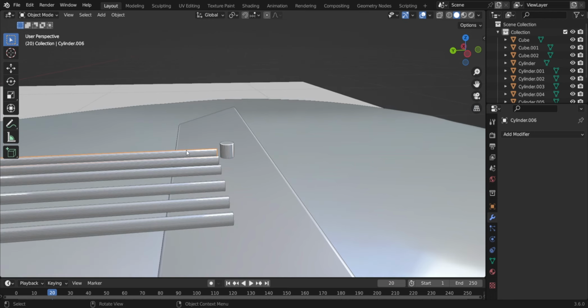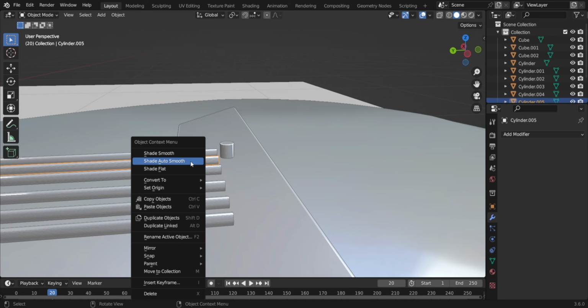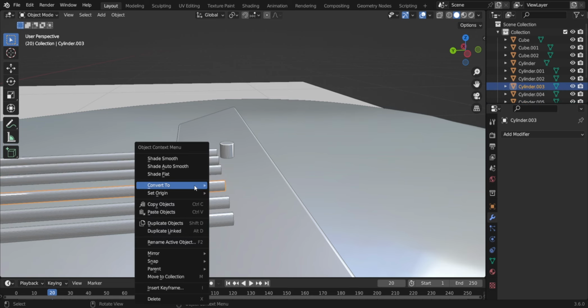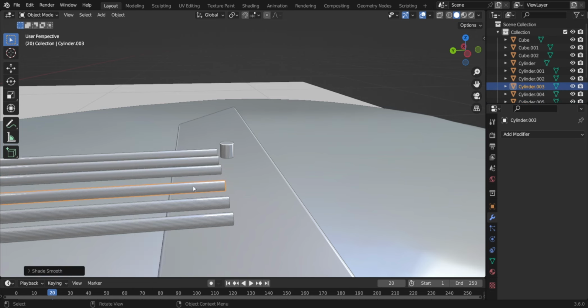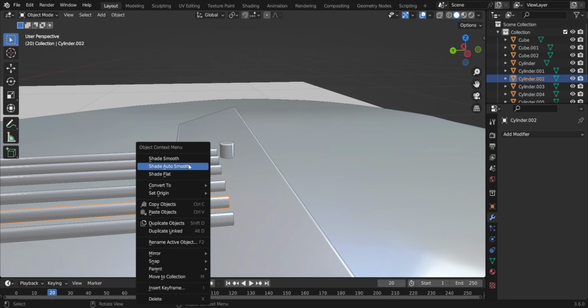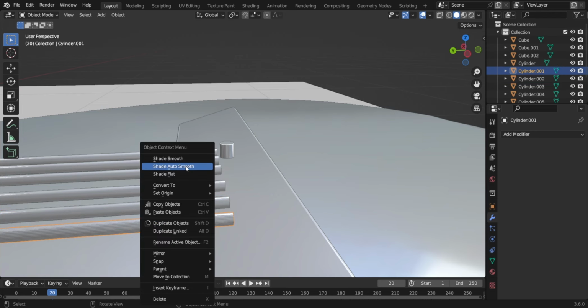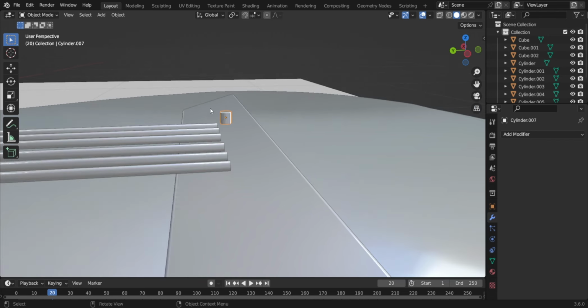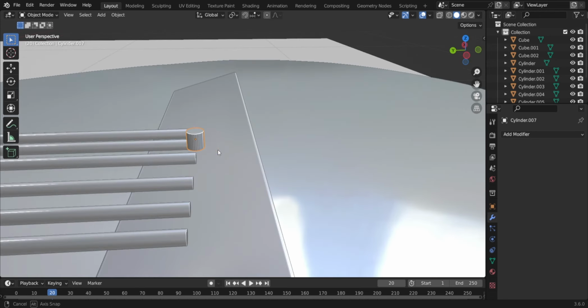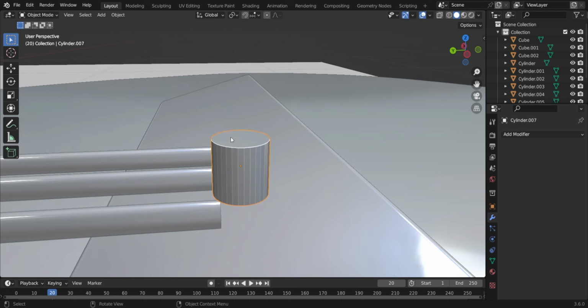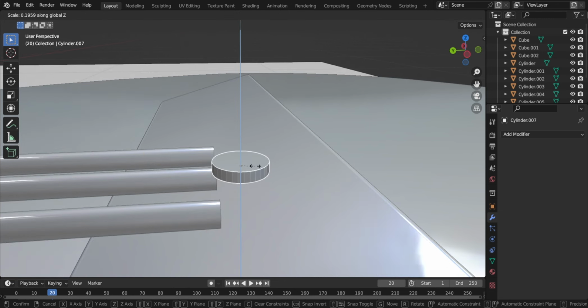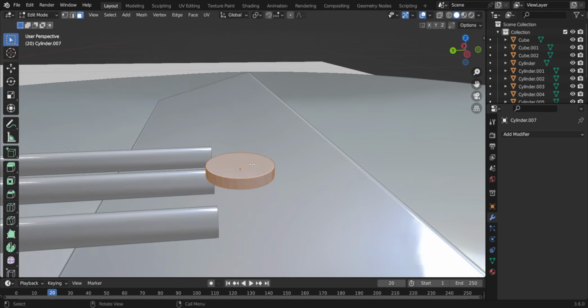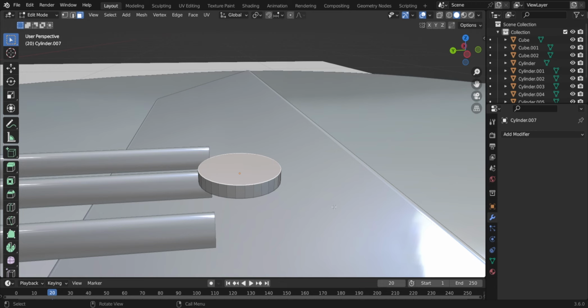Yeah, make sure to auto shade them. Scale it down in Z direction. Go in edit mode. Select the top face, then press I to inset it like this